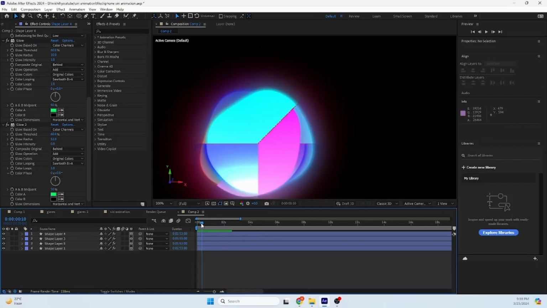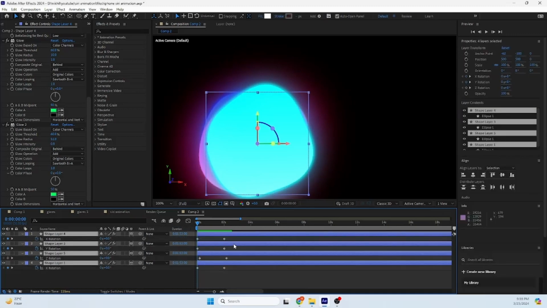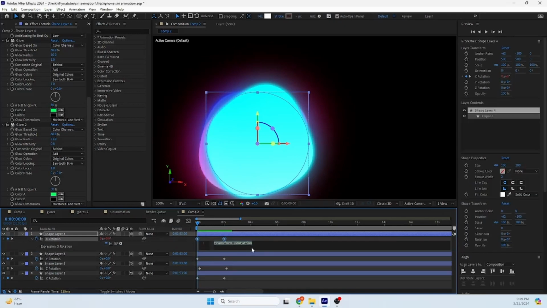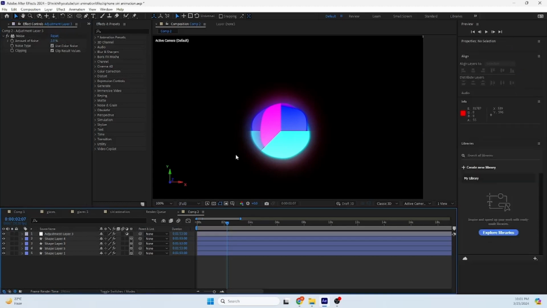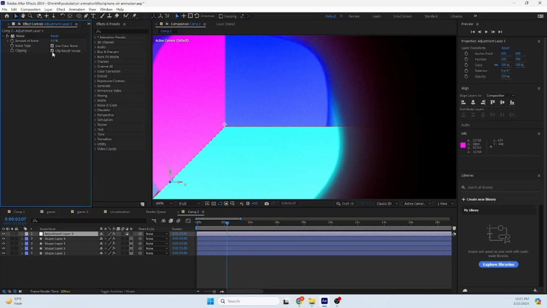We just have to make the animation look out, so we can just click U to turn the animation properties and then alt click on the timestamp tab and type the expression time asterisk 100, and then we can add noise to this. Maybe 4% should go,